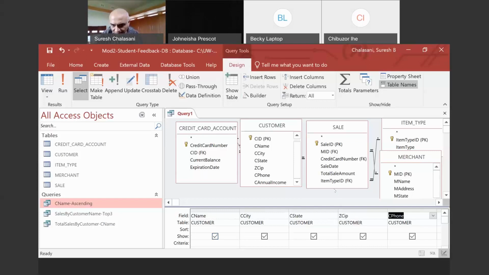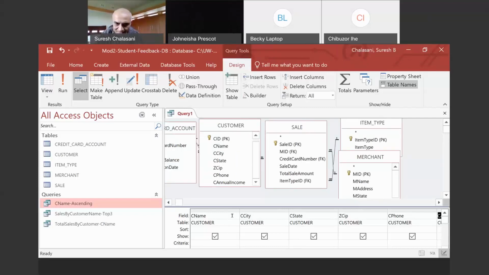They have the annual income, customer annual income. Okay. Search for customer. And what else?